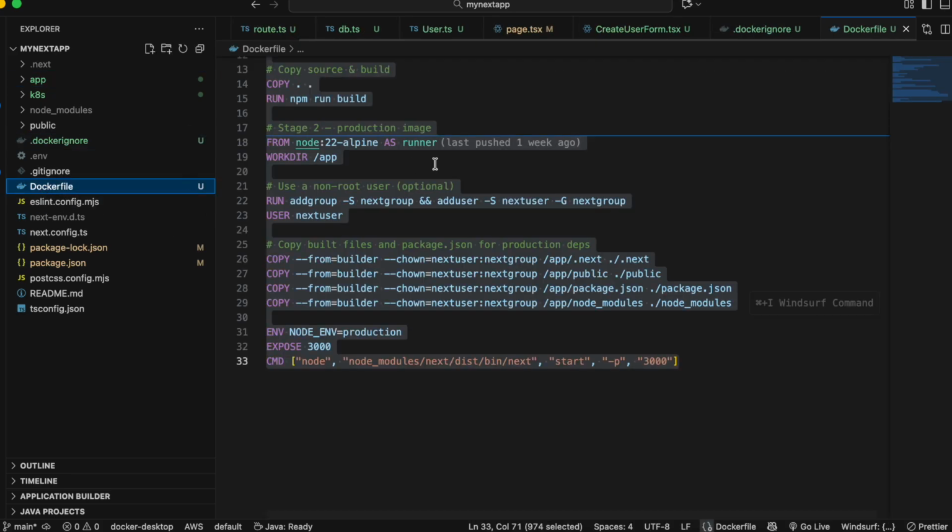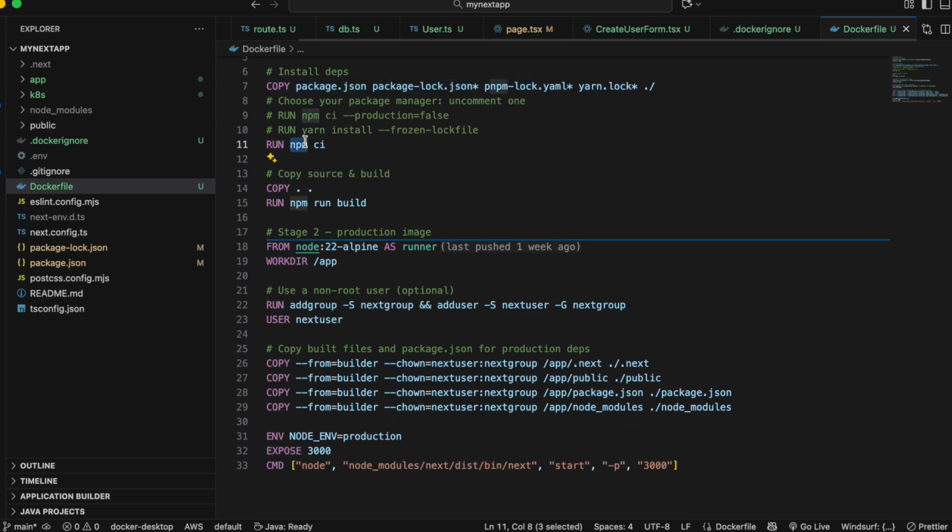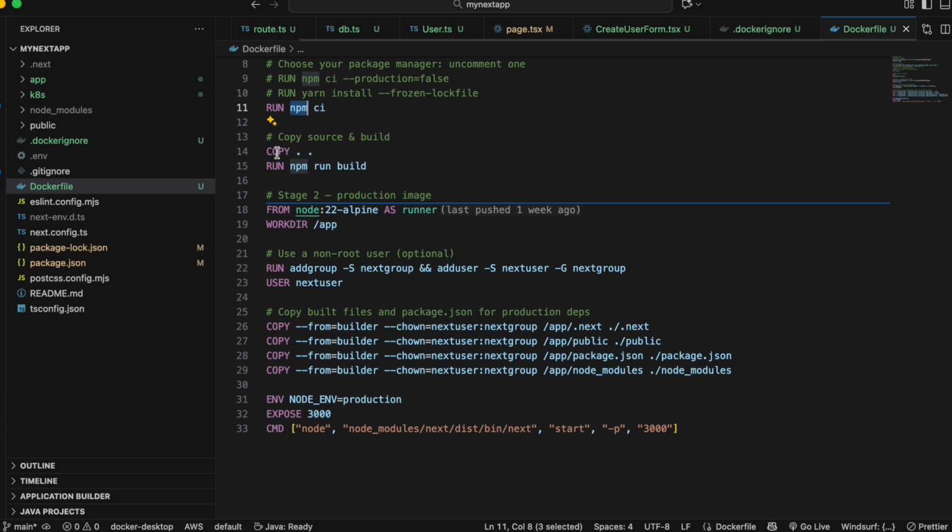And then inside the Dockerfile, I have just created this from node 22 alpine. Okay, here is our working directory. Then we are copying all these files inside our working directory. Then we are running an npm install. Okay, and then we are copying the rest of the files to our working directory, and then we are doing npm